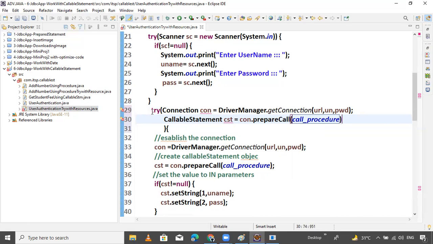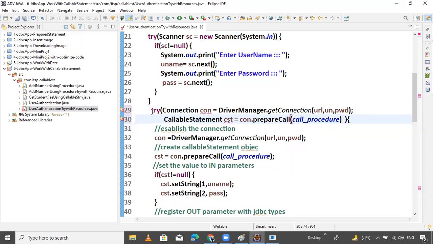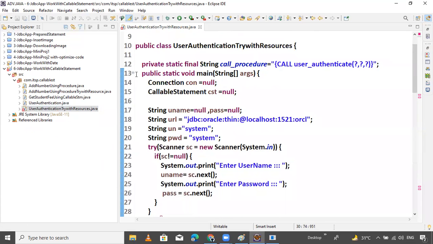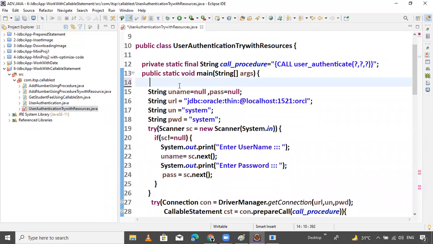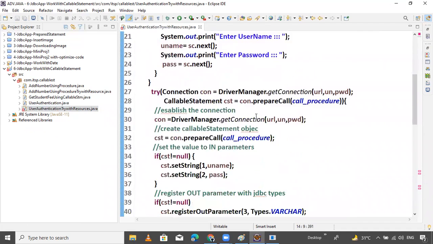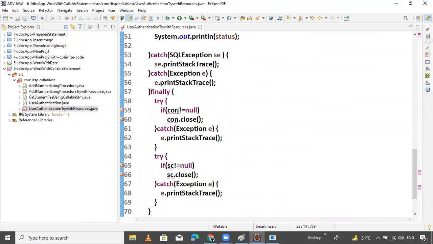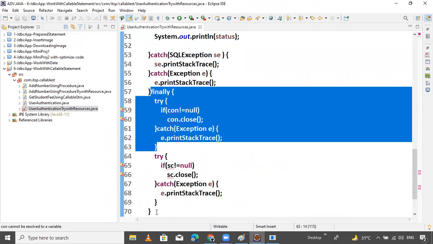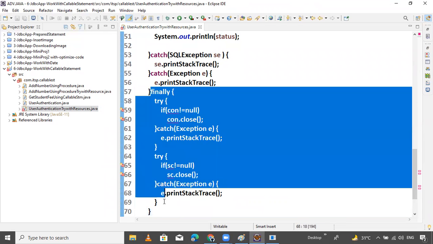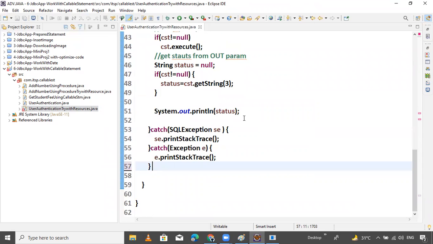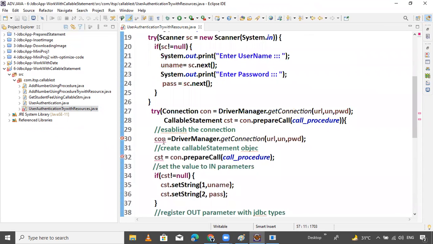Provide this and just delete like that. Okay. So now remove these two statements above, not required here. Now where are we getting the error? Anyway, let's check it out. Here, why? Because it's asking for con. When we use try with resources, it is not required to use the finally block. Just remove this finally block. That's it. Control S.